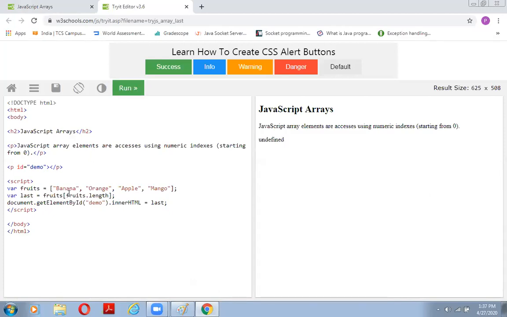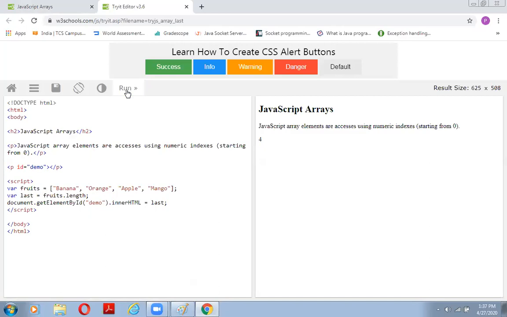In the fruits, they have defined the fruits array. Let's see one more thing. Fruits itself is an array. With the length property, we get its number.